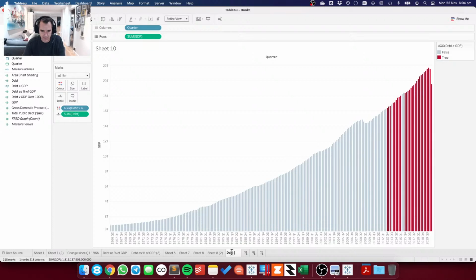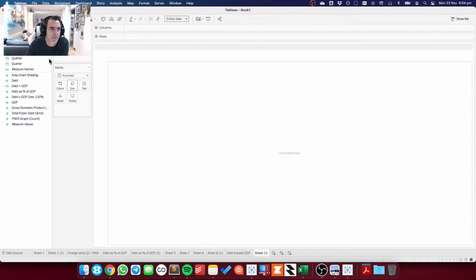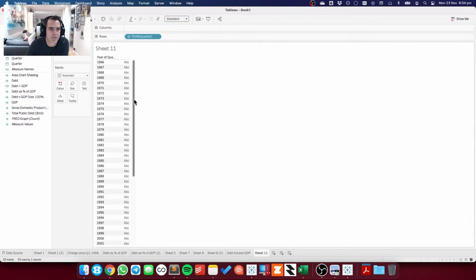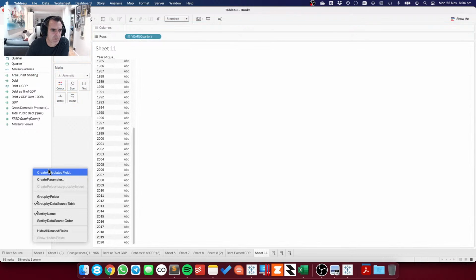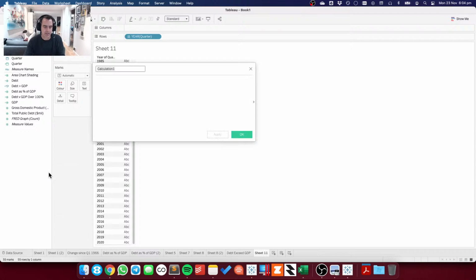So debt exceeds GDP. Okay, so the question was check to see election or post-election years. So, to get the election years, I'm going to need to do it every 4 years. So let's do election year.